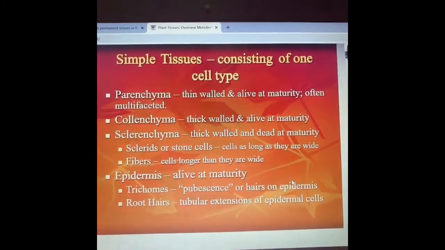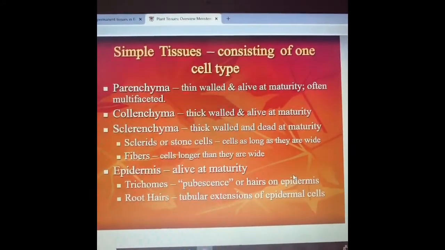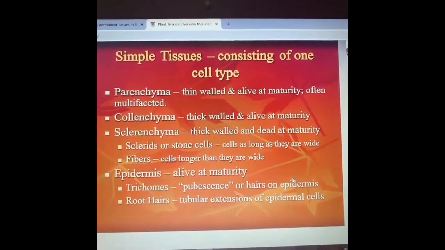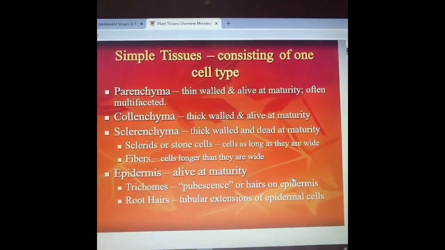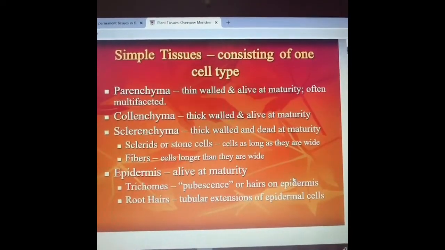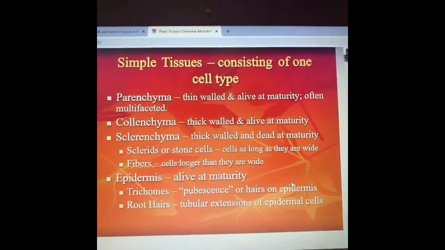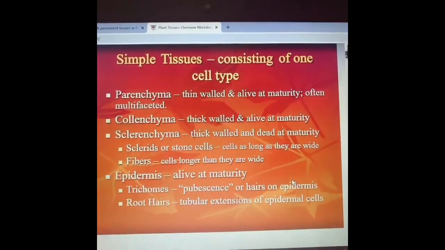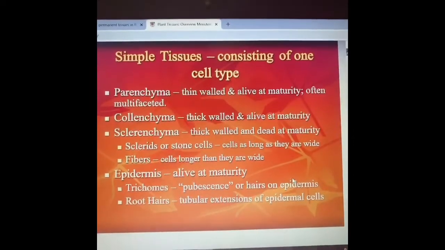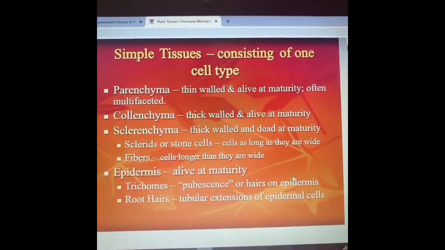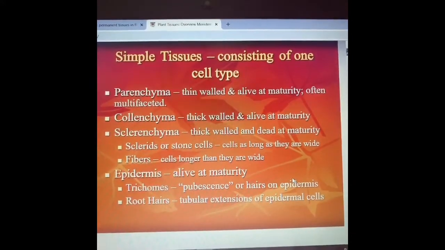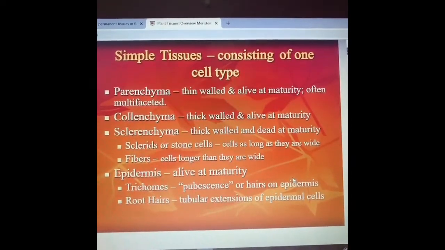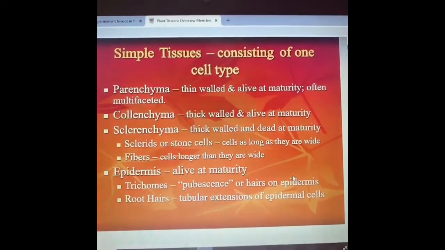The simple permanent tissues are thin walled and relatively unspecialized because they have just differentiated from the meristematic cells. They have thin walls, and they do not have very specialized structures. They are isodiametric. They haven't yet formed a specific shape. They are living cells which form the basic packing tissue of the plant body, and it lies between specialized tissues. It is the most abundant tissue in the plant. I am talking of parenchyma.